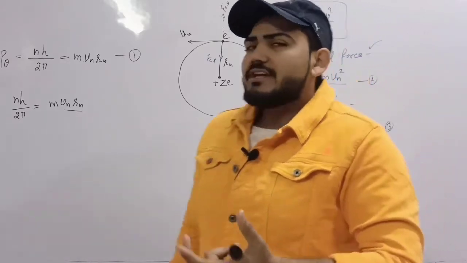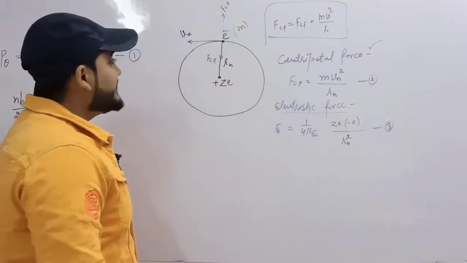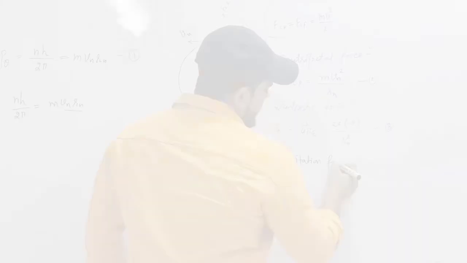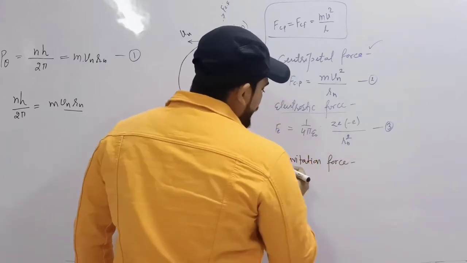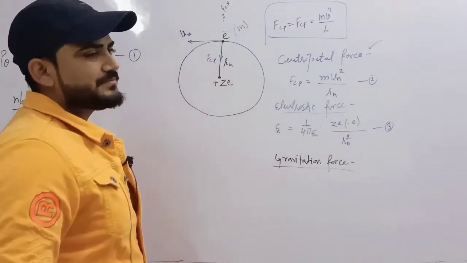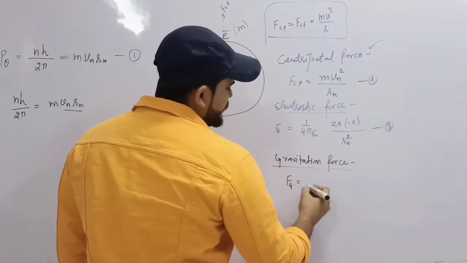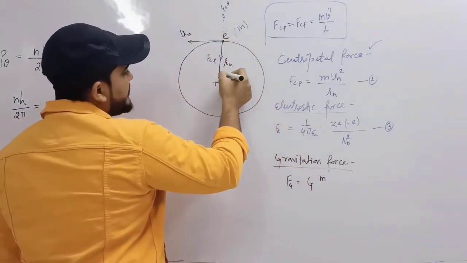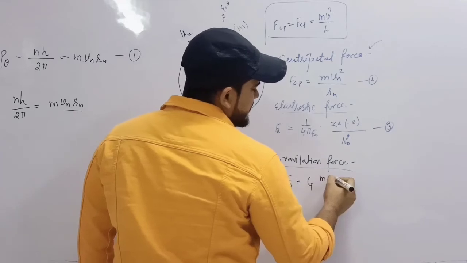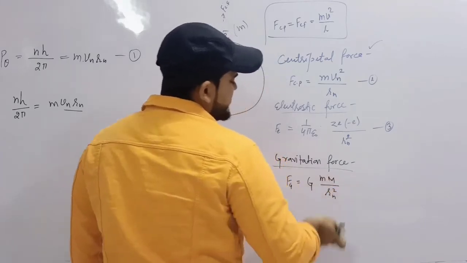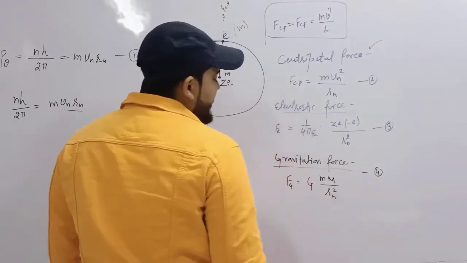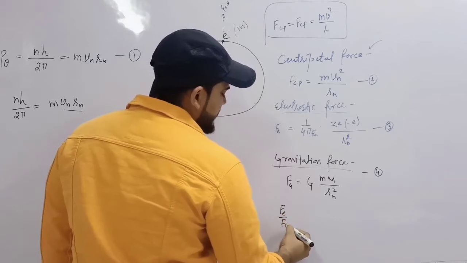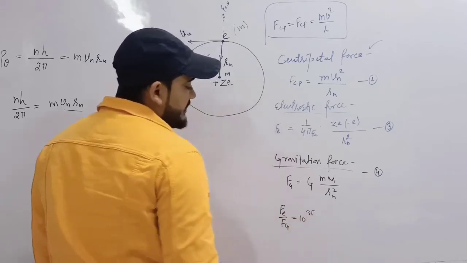Okay, now one more force is here, that is, the electron has some mass and this nucleus has some mass. So there must be another force, gravitational force. Clear? So what is the effect of this gravitational force in this case? So gravitational force Fg equals G into the masses, the small mass m and this nucleus has capital M mass, divided by Rn square, the distance between the two masses. But when it was calculated, it was found that the ratio of Fe upon Fg is 10 raised to power 35, that is a very large quantity.